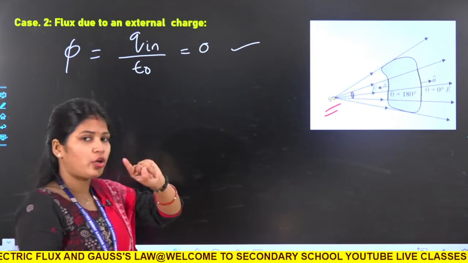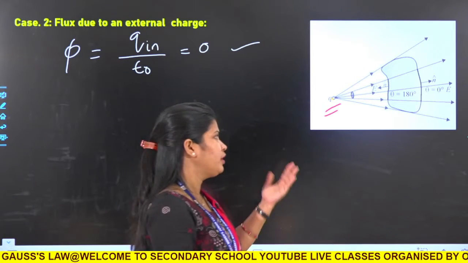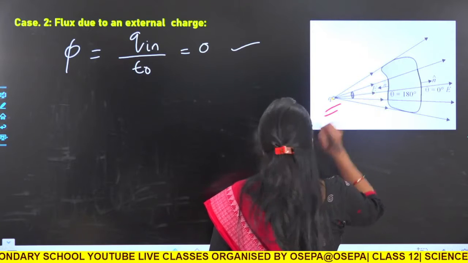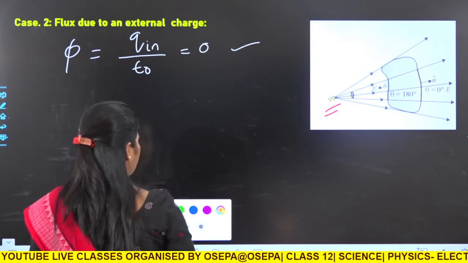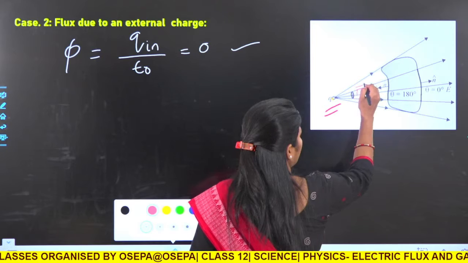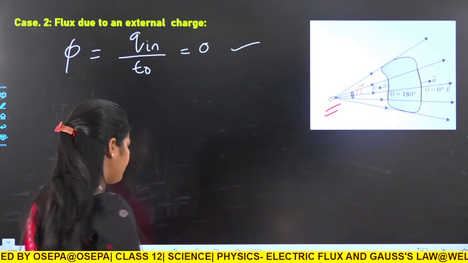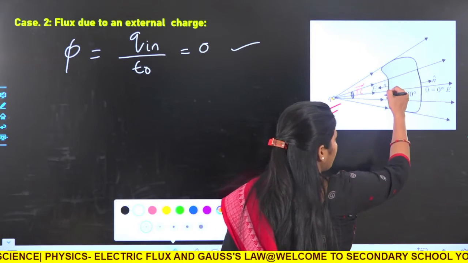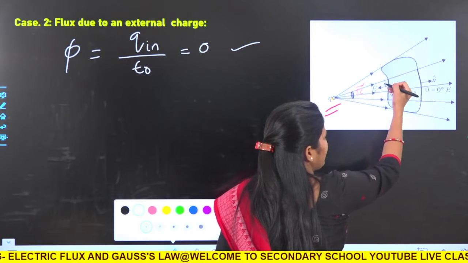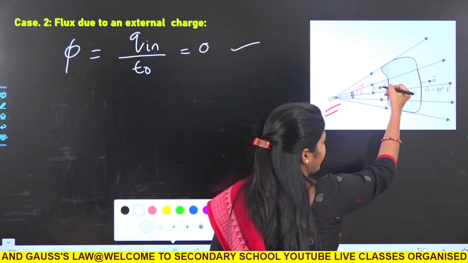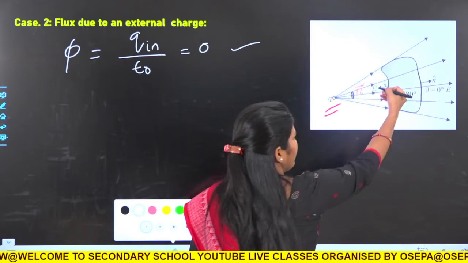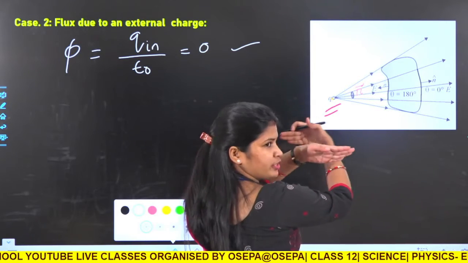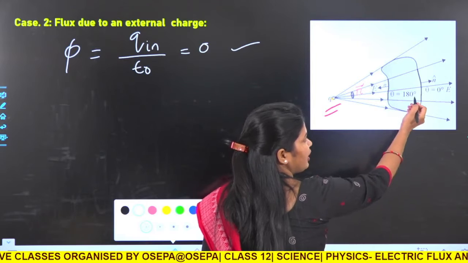Now consider solid angle. How in terms of solid angle can we know that flux is 0? See this. This is the R vector. This area element, then what will be the area vector? N cap is written here. So the area vector is in this direction and R vector is in this direction. This is opposite, so theta is how much? 180 degree.